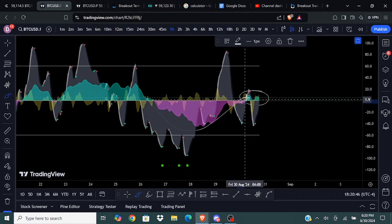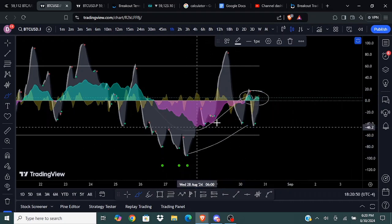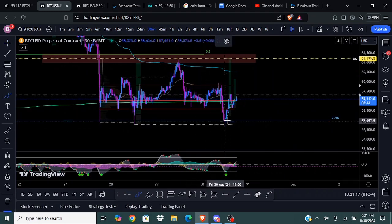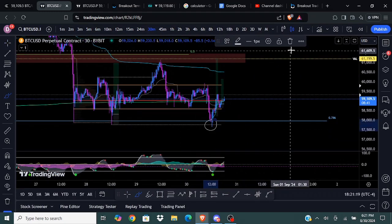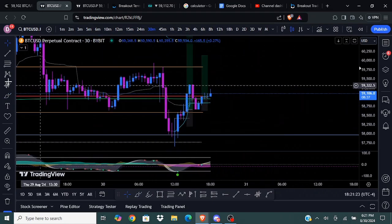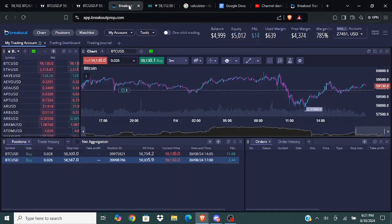Can't really argue that. We're kind of just hovering around here, but we still have the divergences. We still have the direction with money flow at the moment. So there were definitely some bullish signs on this low, and I did enter some longs. I waited to refine some entries afterwards. I actually entered 2 positions here, and I will show you these positions because I took them